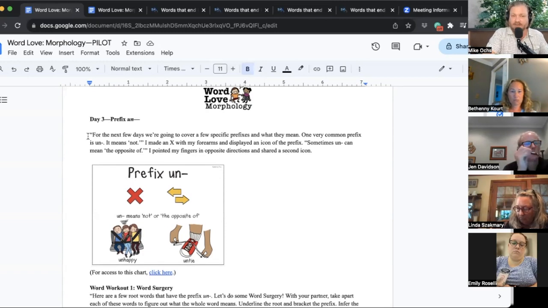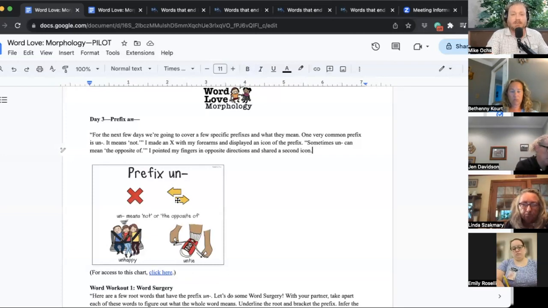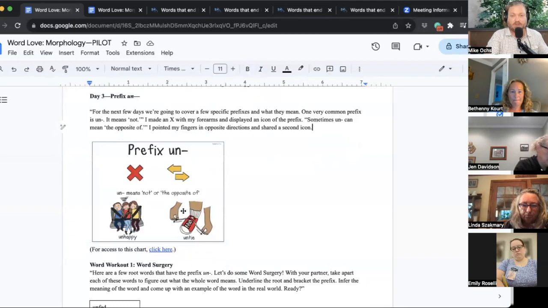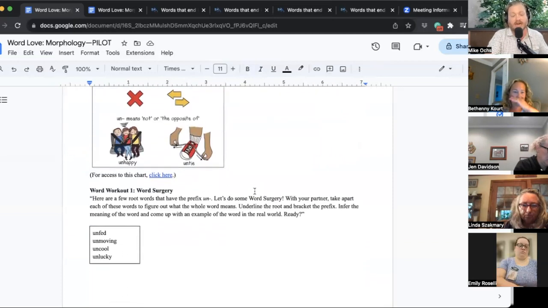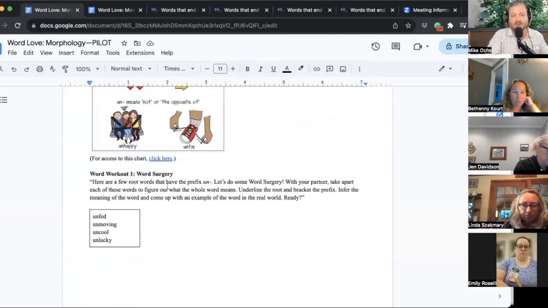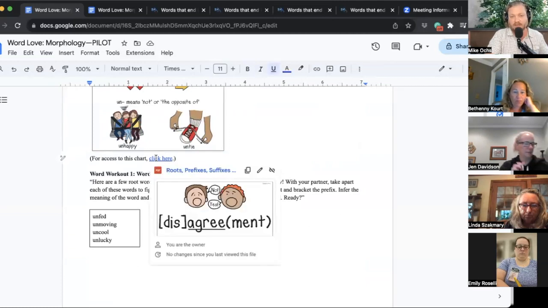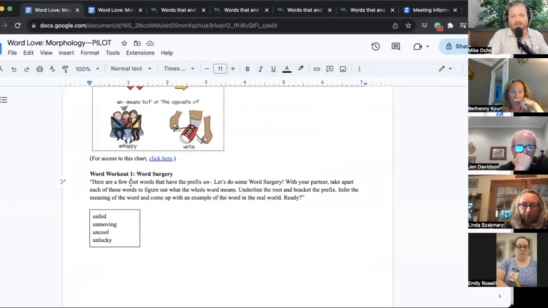So what happens is we have just a quick introduction of the prefix, what it means. I thought about a little icon that could go with it, and also a gesture that could go with it. People have told me that gestures have been very helpful. And then like 2 quick examples. Kimberly Fox, my partner in all this, has been kind enough to lend her hand, literally, to make these beautiful charts. And when you get it, you just click it. It'll be right here. There will be all the charts.